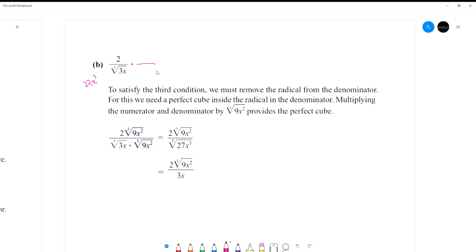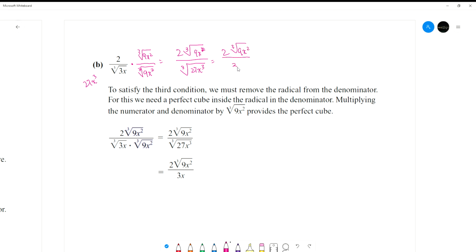That's 9x squared. Do you see it? So cube root of 9x squared, cube root of 9x squared. The numerator is 2 cube root of 9x squared, and the denominator is cube root of 27x cubed, which then simplifies